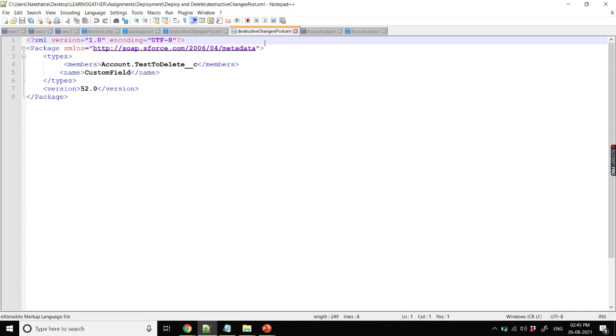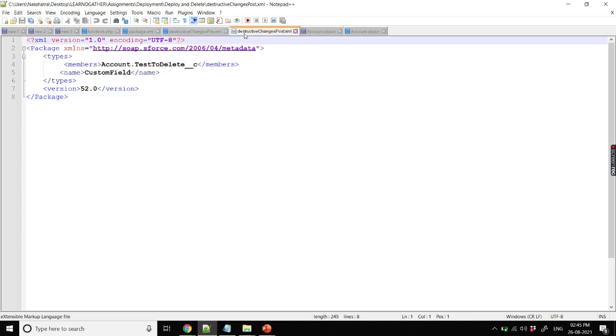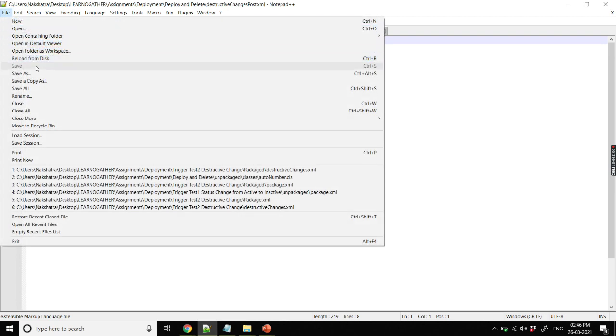So why I have created these two files, I am sure that it is clear, because something runs before deployment. It will be destructiveChangesPre, and it will delete the Apex class, number one. Number two, it will deploy something, which is the auto number field I have just made required, and again it will delete this particular custom field TestToDelete. And in the last, destructiveChangesPost.xml will be utilized to delete this particular field of the Account object, TestToDelete. So quickly I will be saving it also,